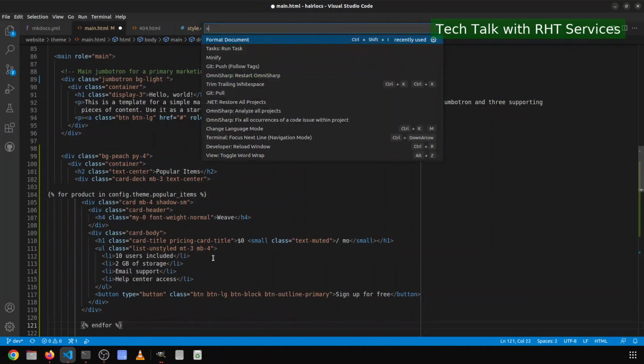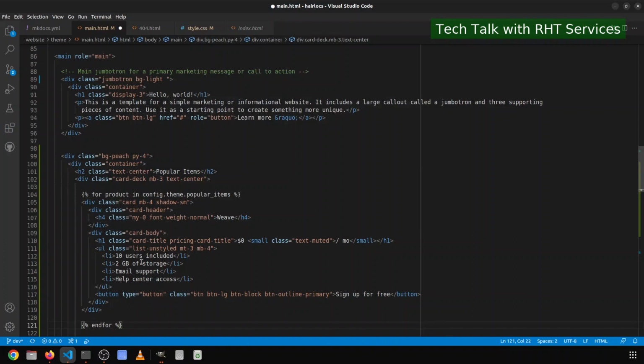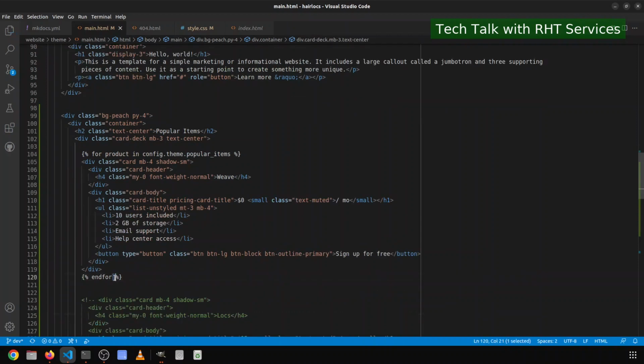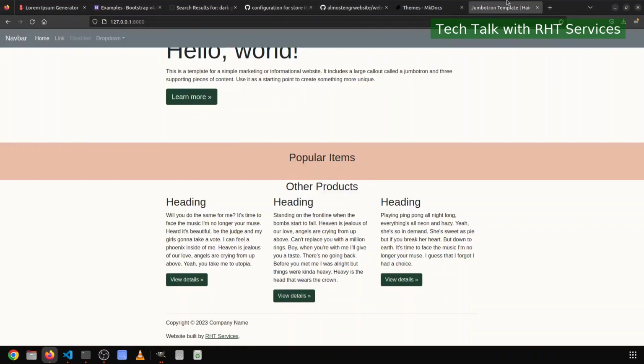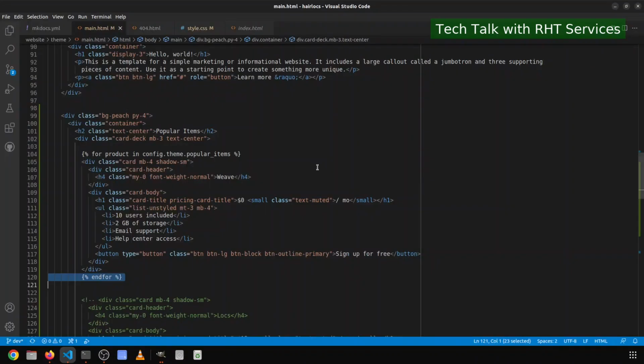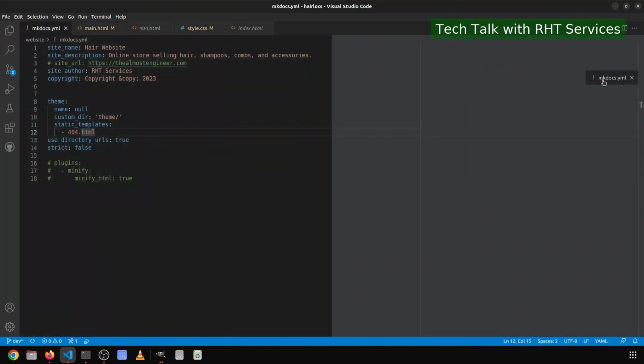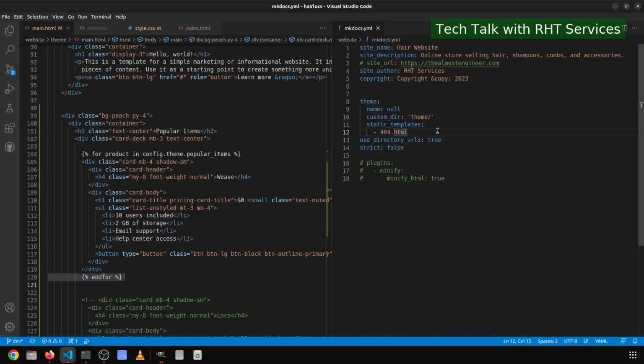parentheses and format. All right, and with these markdown tags or these Python tags, because really mkdocs uses Python behind the scenes, it won't necessarily indent the way it should. So even though I do the formatting, as you just saw, it's still not doing that correctly. All right, so now that I have that there, if I come here, there should not be any popular items, which is correct. All right, so then I'm going to come over here to my mkdocs file, and I'm going to